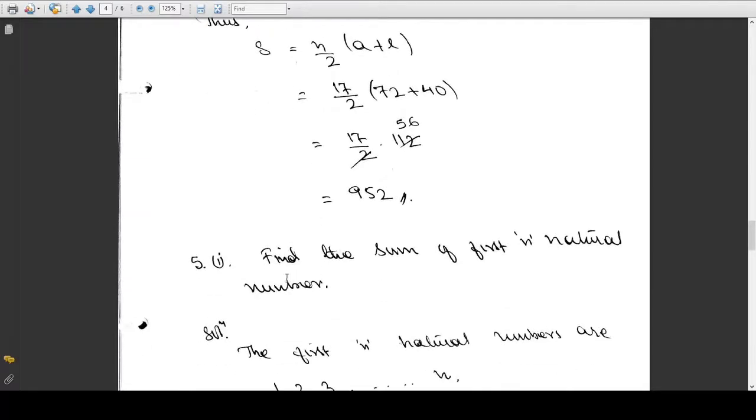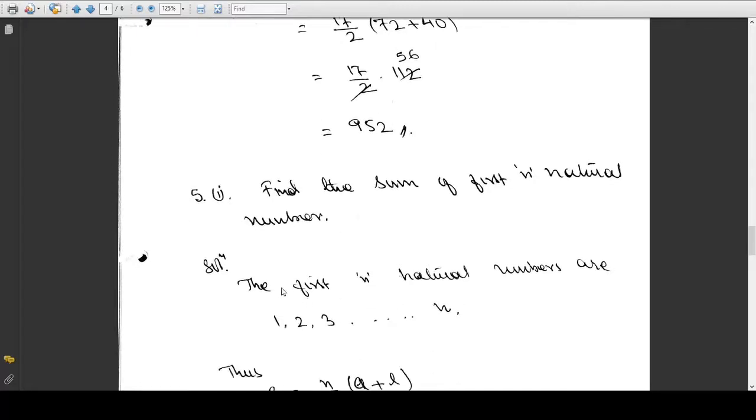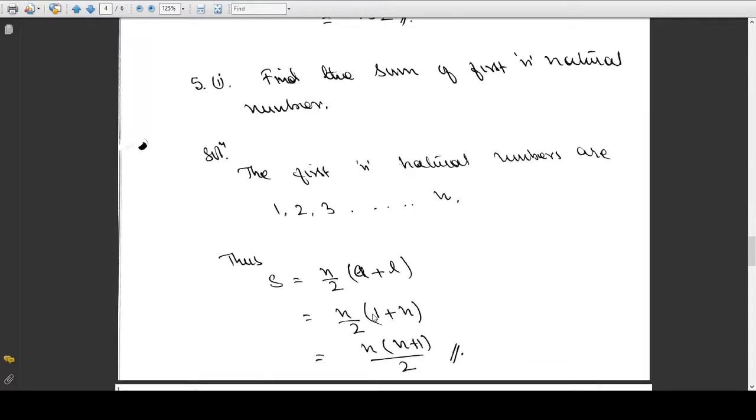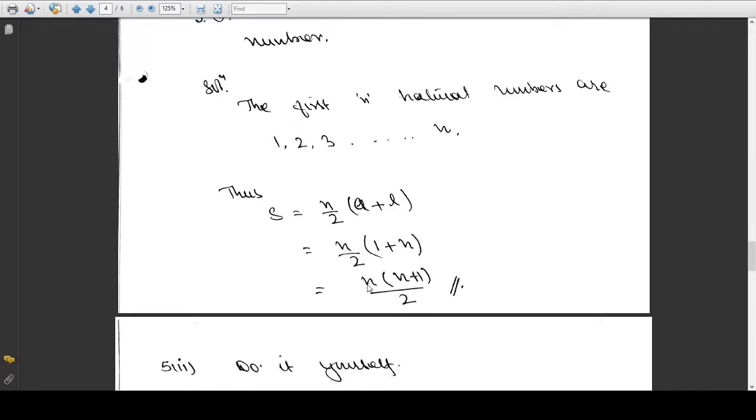The first one from here. Find the sum of the first n natural numbers. What are the first n natural numbers? They are 1, 2, 3 up to n, which is the last term. The sum will be n by 2 times (a plus l). A is 1, l is n. That is n by 2, you just write 1 plus n or n plus 1. N times (n plus 1) by 2 is the sum of the